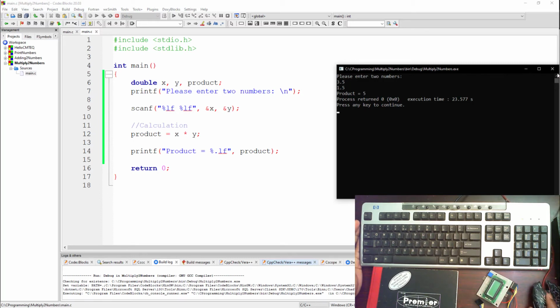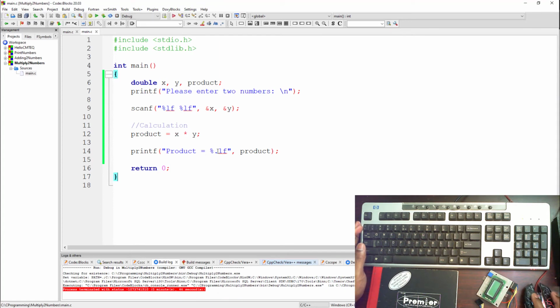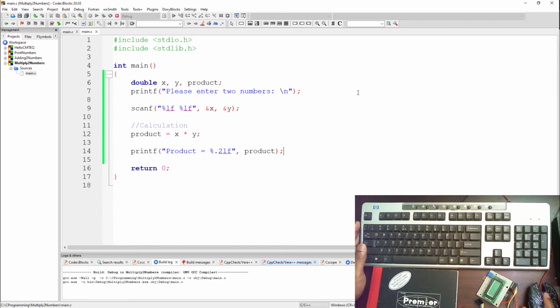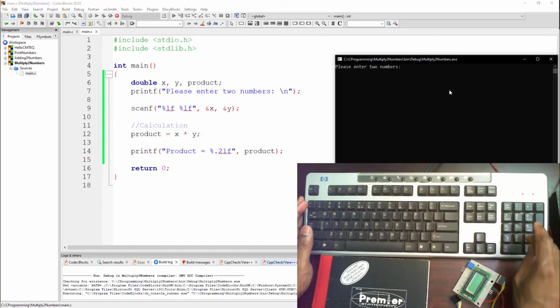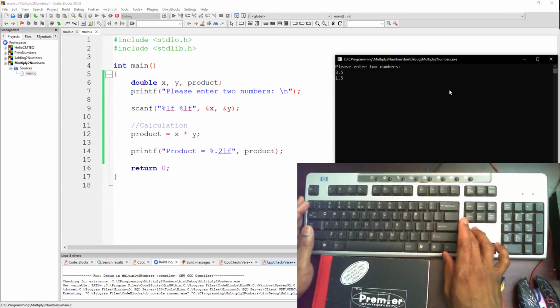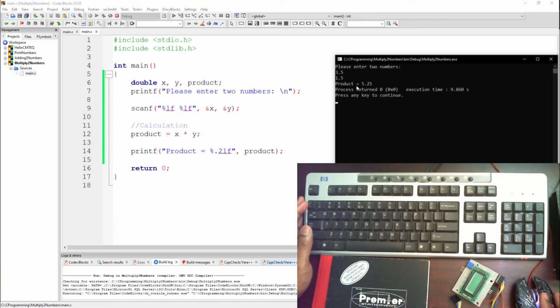Now, in order for us to get decimal places, we need to modify something in our code. What we need to modify is here, by the format specifier. You see we put a dot here, which specifies that we have decimal places, but we didn't specify how many decimal places we have. So if we put 2, that means we want 2 decimal places. Now let's go ahead and run the program again. I'm going to enter 3.5 once again and 1.5. So the product of 3.5 times 1.5 is equal to